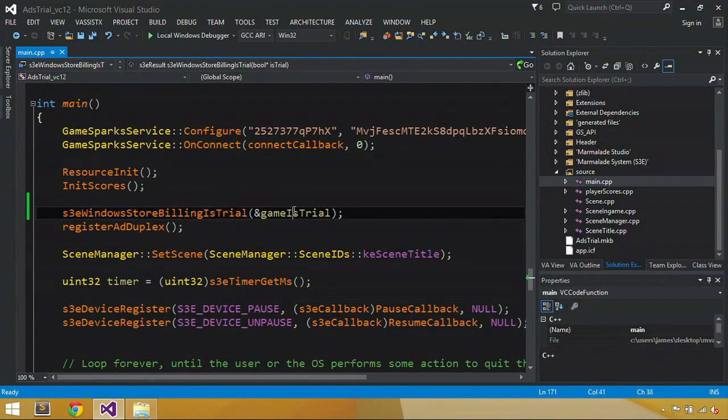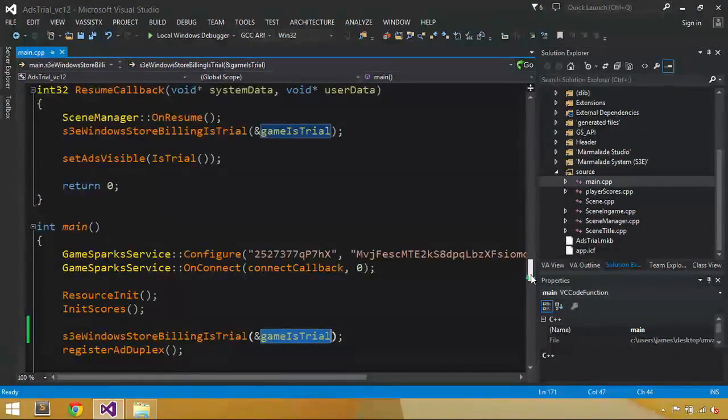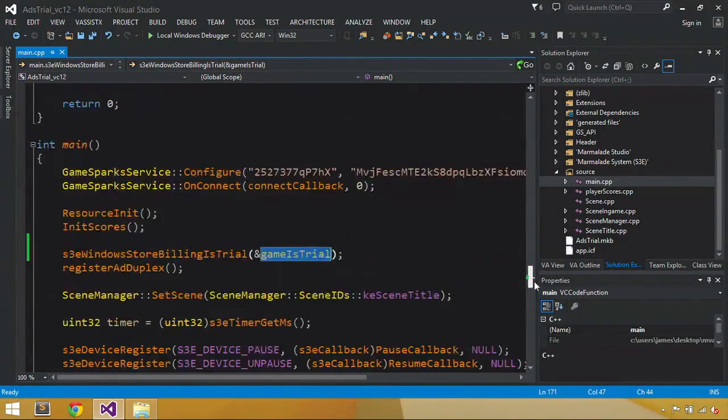So that's cool, but we still need to implement the logic around what we do. In this game, what the trial unlock does is remove the ads. I believe part of the certification is you must do something when someone unlocks a full game. You can't just have trial. So what we do is remove the ads, because we think, well, thank you very much, which is pretty